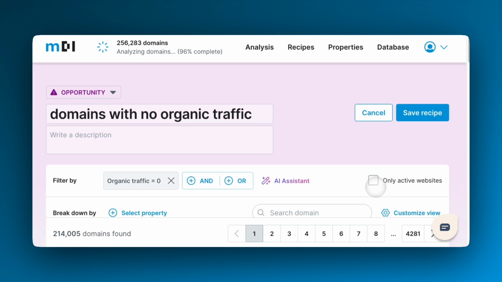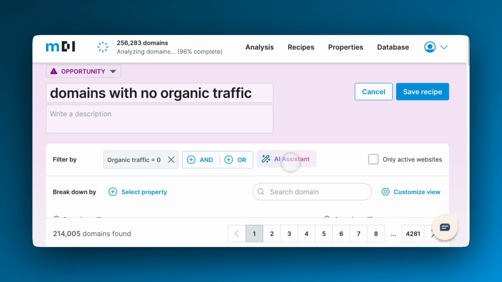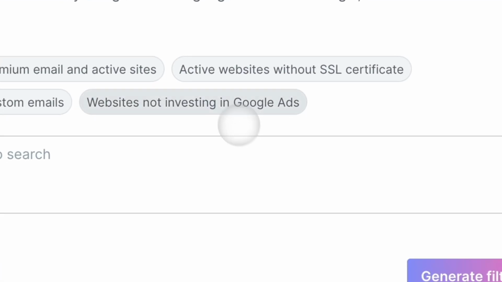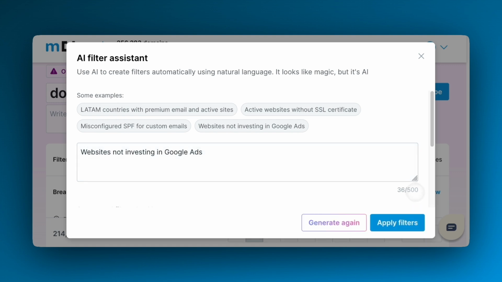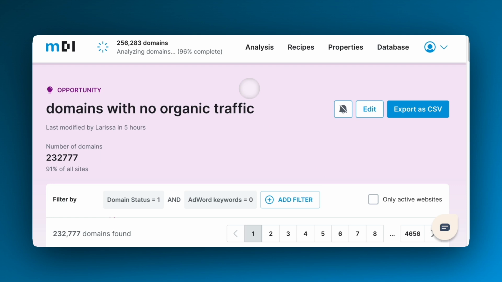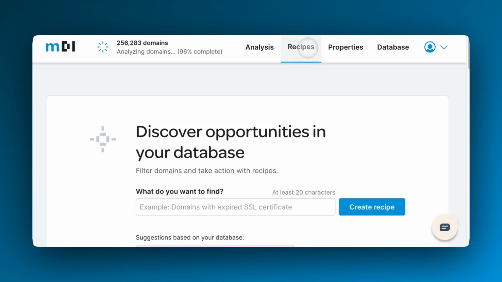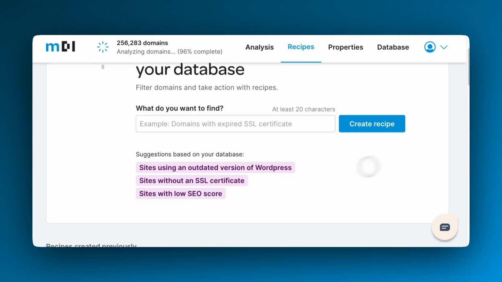You can also get help from AI to further refine the recipe. Not sure what to ask? No problem. We'll suggest ideas based on your user profile and your database. These aren't generic templates. Each recipe is tailored to help you launch a campaign, spot opportunities, or act on risks,